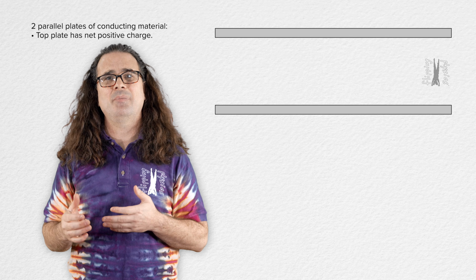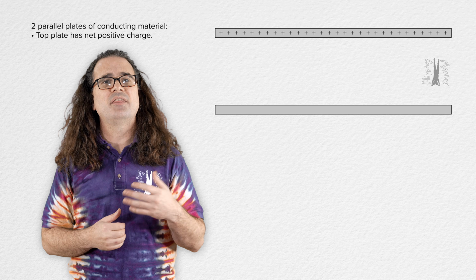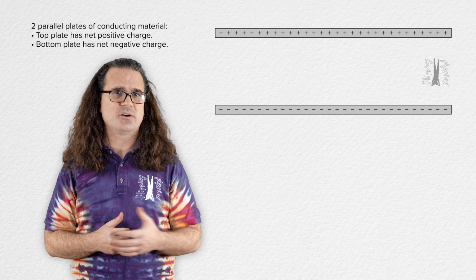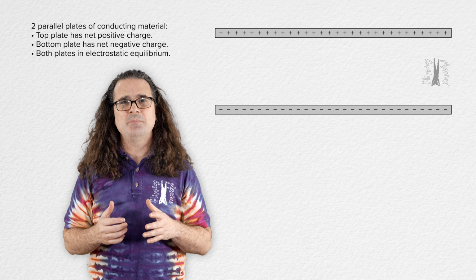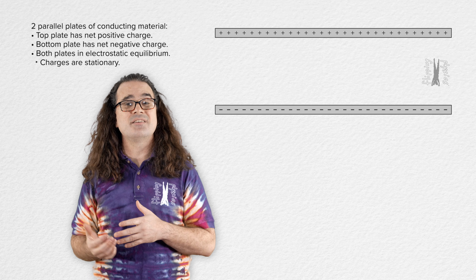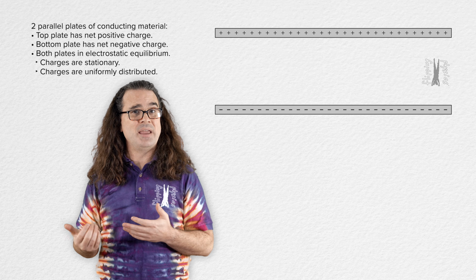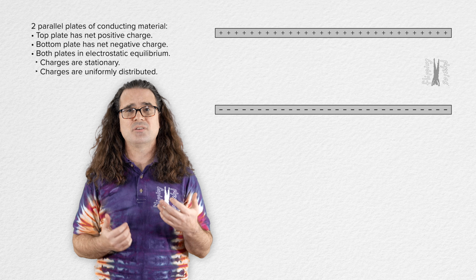Let's start with two parallel plates made of a conducting material. And let's give the top plate a net positive charge and the bottom plate a net negative charge. Both plates are in electrostatic equilibrium. This means the charges in both plates are not moving and have arranged themselves to be uniformly distributed throughout the